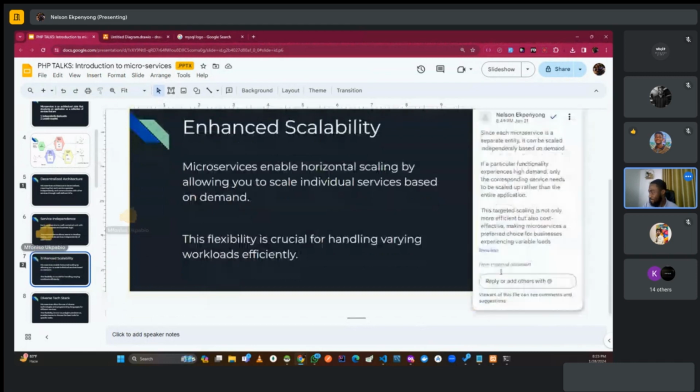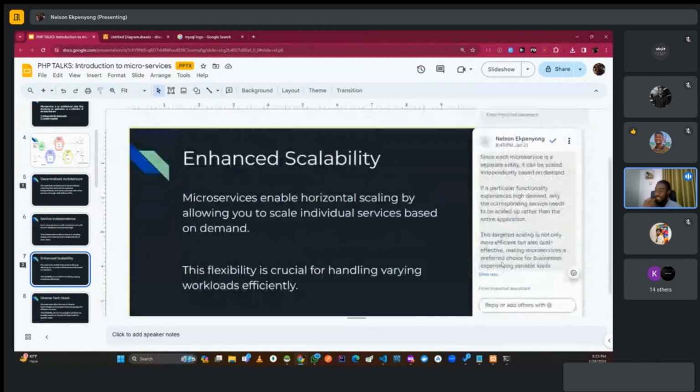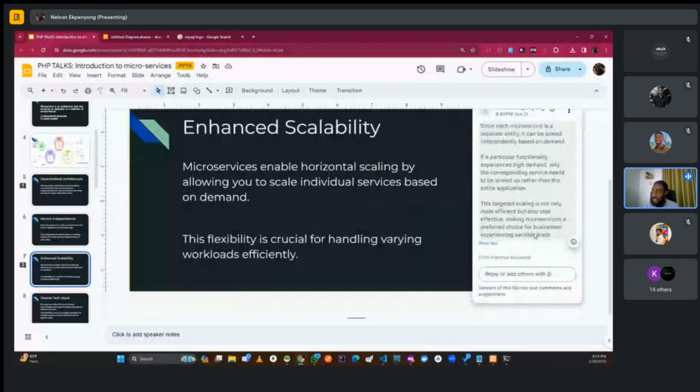Good. Now, since each microservice is a separate entity, you can scale them, of course, based on demand. If a particular functionality experiences high demand, only that service needs to be scaled, right? Now, this targeted scaling is not only more efficient, but also cost-effective, making microservices a preferred choice for businesses experiencing variable loads. Variable loads means that